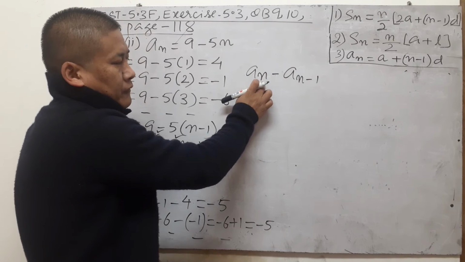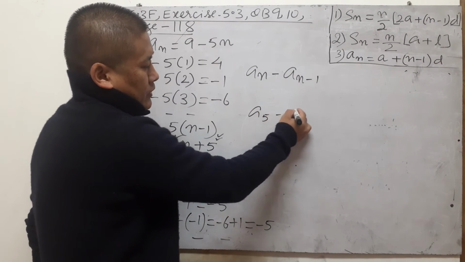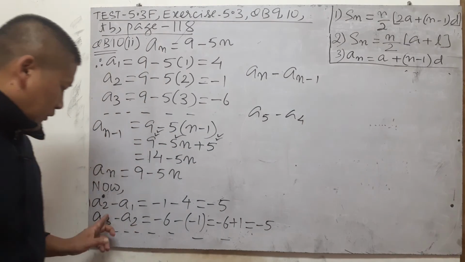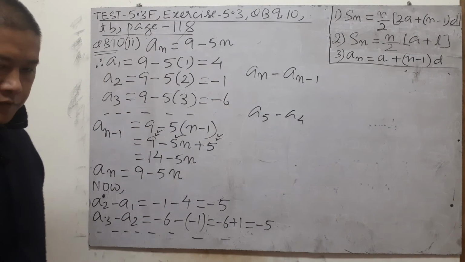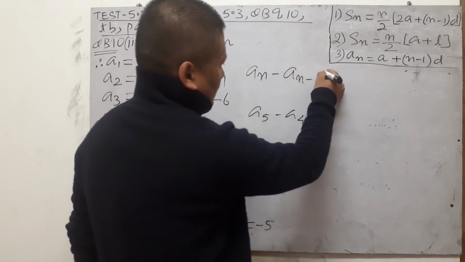See, A5, then the next common difference is A5 minus A4. Just like A2 minus A1, if there is a common difference, it's the formula for common difference. So an should come first. I made a mistake there. So here,